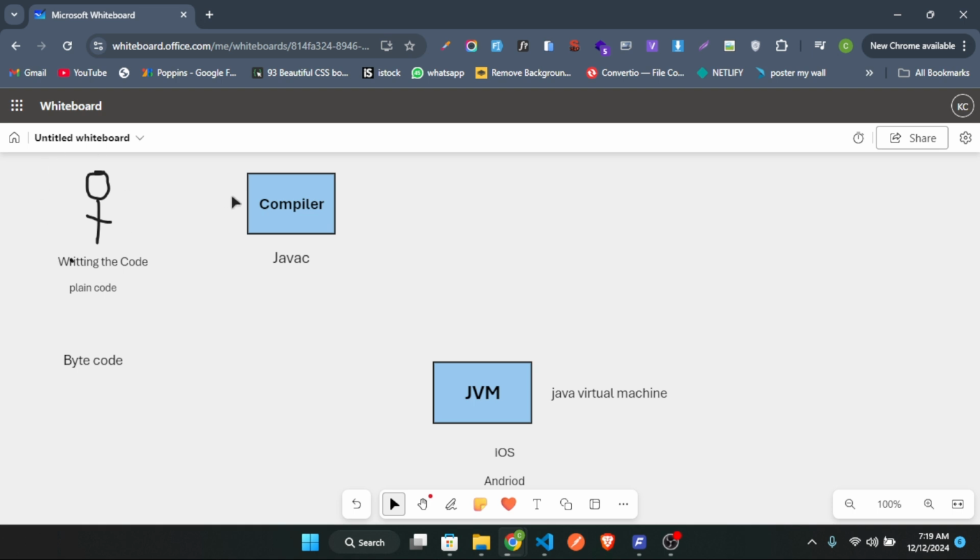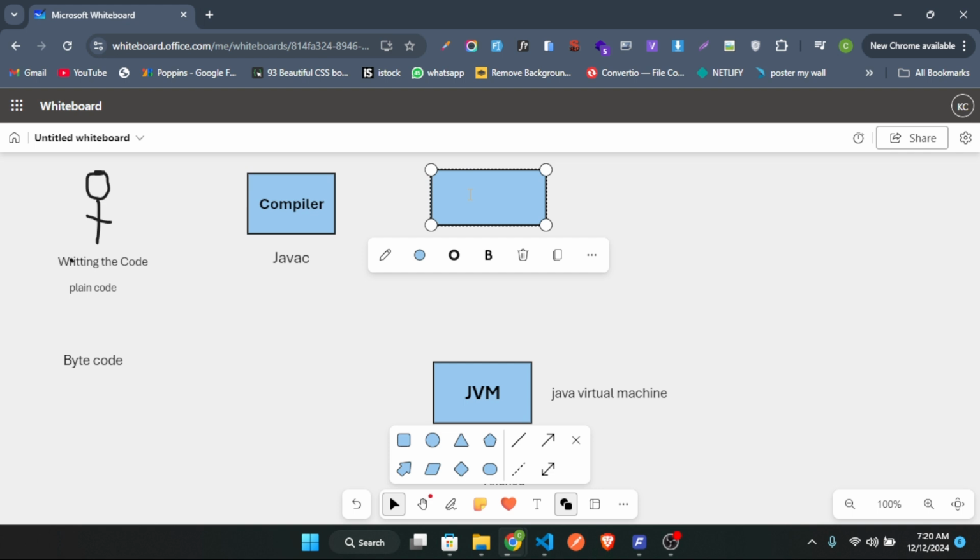After writing my plain code, I have to compile my plain code. After compiling my plain code, I will get an output. Which output am I getting? Here I'm getting the byte code. After compiling, they will give me the byte code. But remember, before the byte code is given,